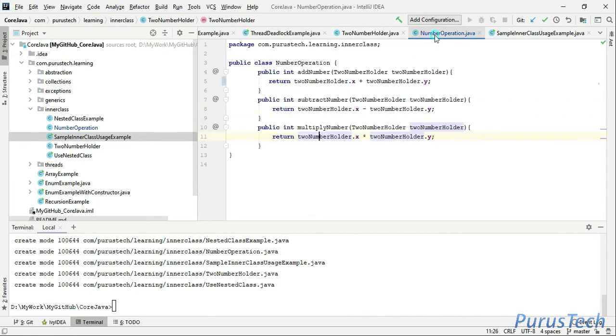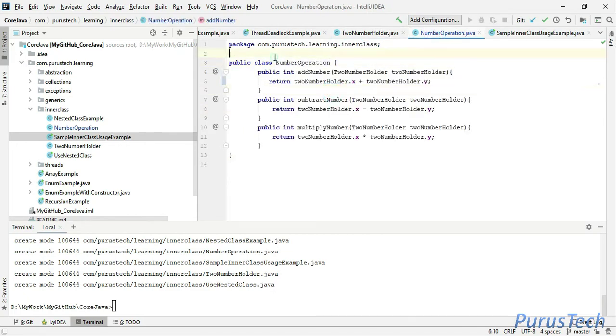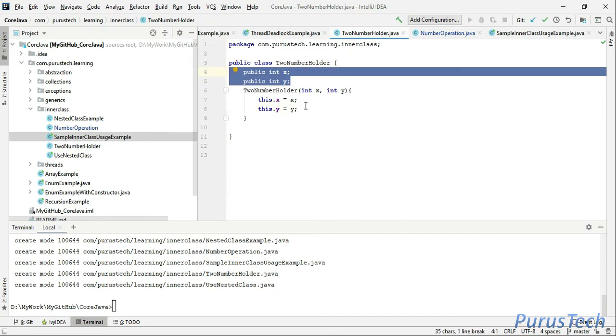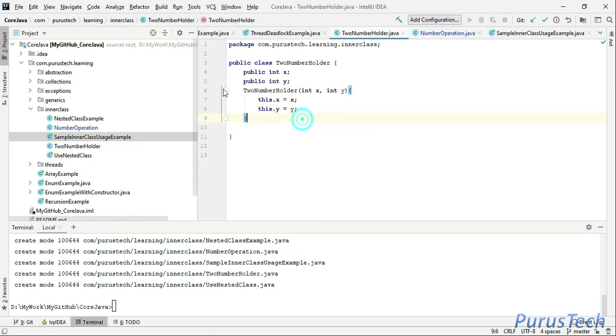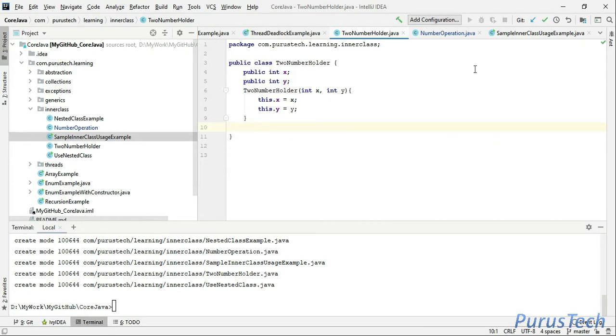Because if you see here, the number operation is closely related to this toNumberHolder. This number operation is acting as a helper for the toNumberHolder, which is calculating some values out of these two values. So what we can do is just take this class and put it inside this toNumberHolder class, and we can make use of it.